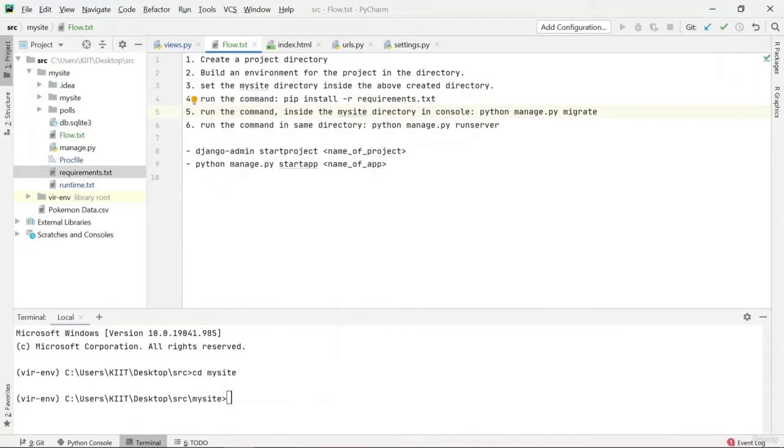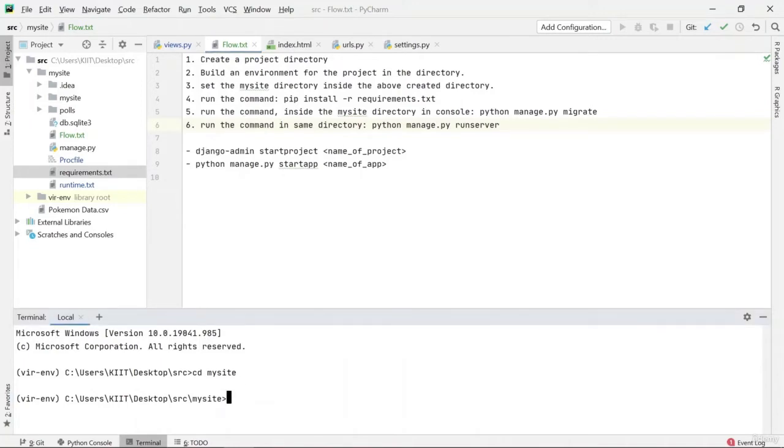Once the environment has been set up and the code has been set up, you run these commands: python manage.py migrate and python manage.py runserver. The first command is basically telling Django to create the databases that are required by this project, and once they have been created, fill them with specific data that is required. The second is python manage.py runserver. This is asking the Django project to now run on a local server and render the pages.